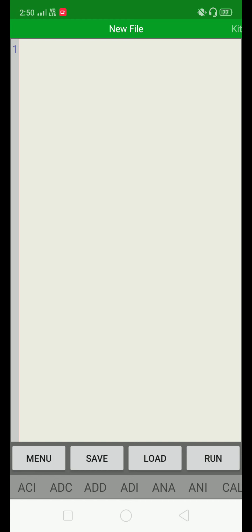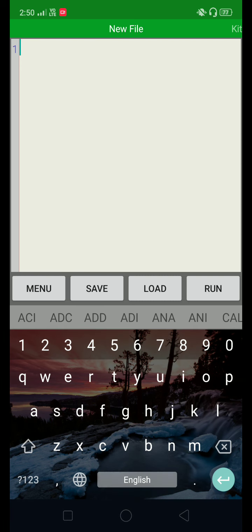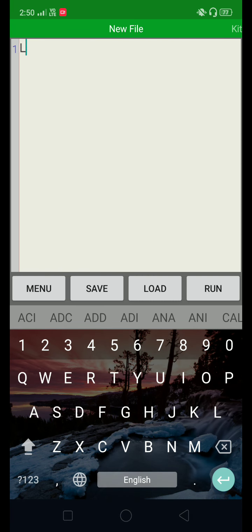So the first instruction is to create the memory pointer by using HL register pair. So the first instruction is LXI H, D000 hex.